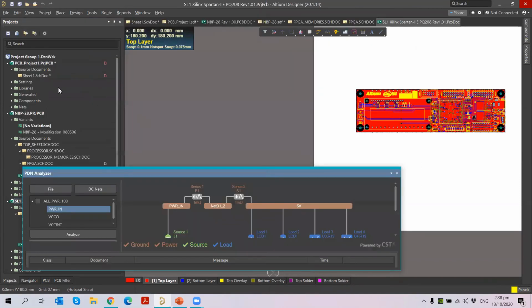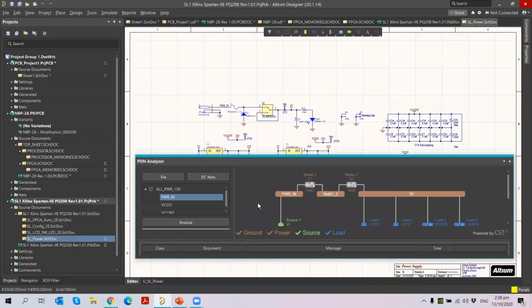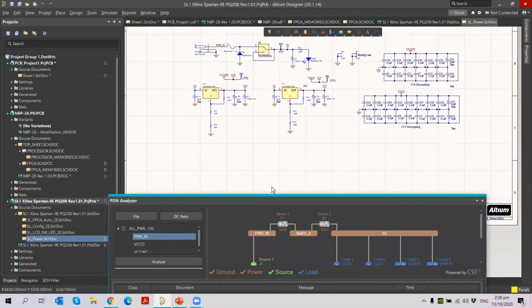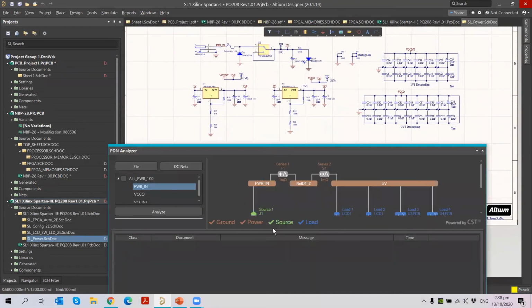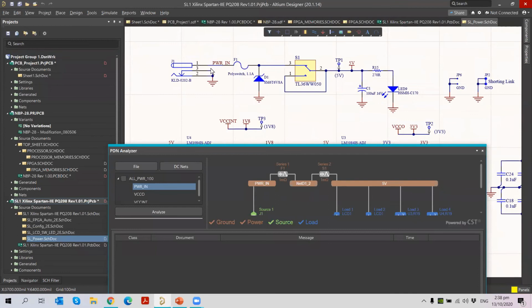I will just go to the schematic document of this power sheet behind, so now it's easy for me to compare and show you. When you see this, for example, I just move up. You can see it here. For my case, I have the power in net. When I zoom in, you will see the power in net, which is the input net here, and its extended net is your net D1-2, which is from your diode. And then I have added 5 volt. So these are the multiple nets we can add together to do the simulation.